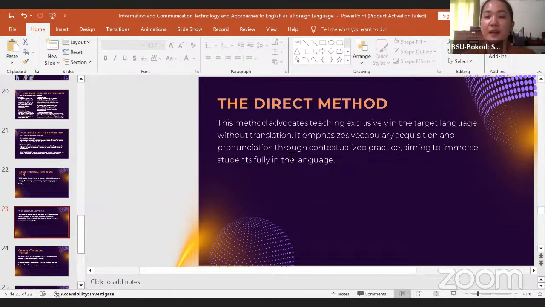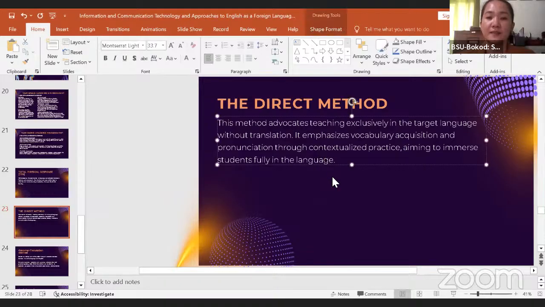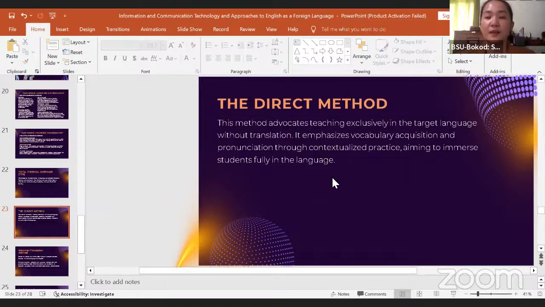If your target language is English, until the last, it's the target. You will not mix other languages. We will not be bilingual in this case. This way, it emphasizes vocabulary acquisition and pronunciation through contextualized practice, until the students will be able to learn fully the language.